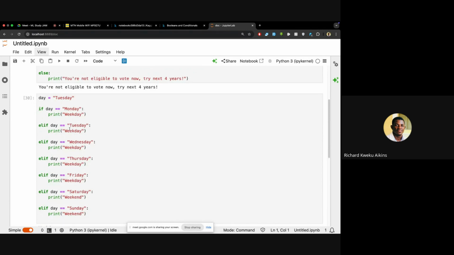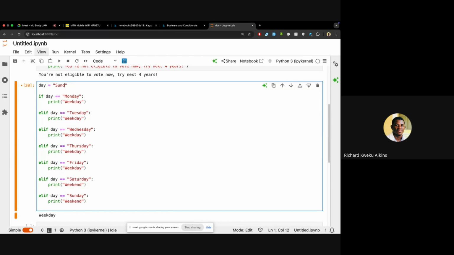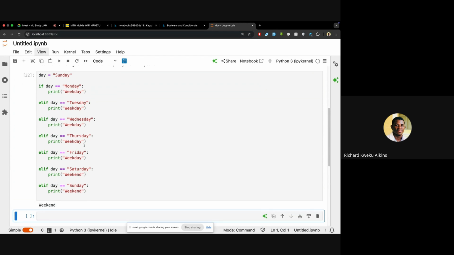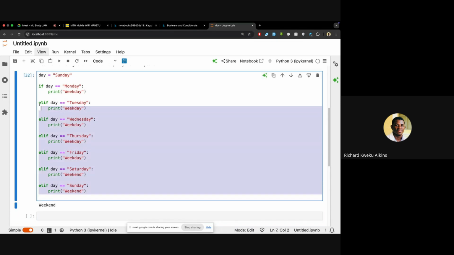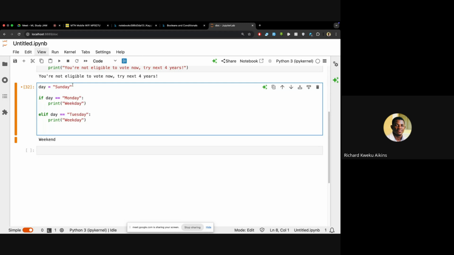If it is Tuesday, it's a weekday. If it is Sunday, we say it's a weekend, right? So this is a very long code. It's bad, but this is a brief understanding of the else if statement. Say age